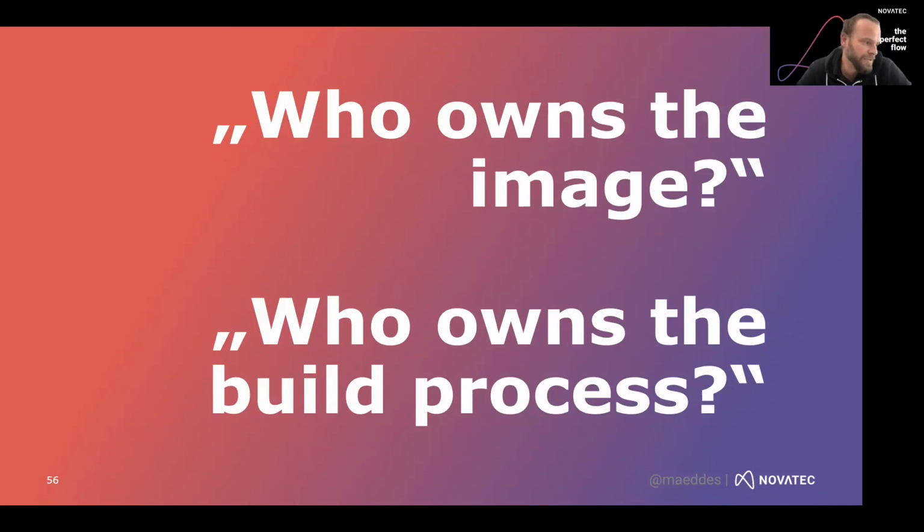If you happen to run in an environment where people maintain their own registry of pre-built, scanned, and validated images, then I would say you're fine. Go ahead and use that one. As soon as you get into the role where you need to test and validate your own images and are responsible for that, then something like Cloud-Native Buildpacks might make sense for you. Also, who owns the build process? How much effort do you as a developer need to put into writing and validating Dockerfiles and validating the base images? Also here, something like jib or Paketo might make sense for you.